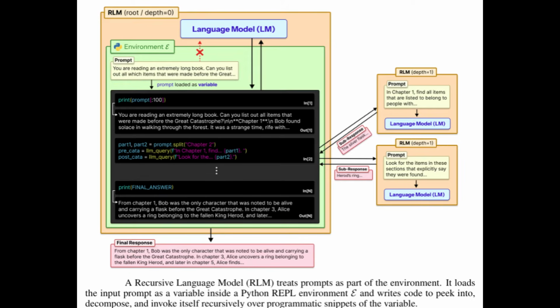Then, you can see the arrows, it calls on its submodels, these little copies of itself, to go analyze just those pieces. And then, of course, it pulls all the results back together at the end. And what's crazy is that in practice, this leads to these fascinating emergent behaviors. The model with zero specific training for this just starts acting like a real programmer. You'll see it using regular expressions, regex, to hunt for keywords, or it'll even define its own Python functions to process data in batches, just to make its own recursive calls more efficient.